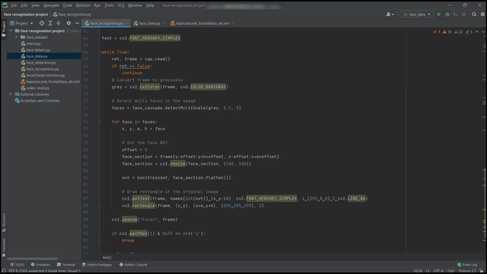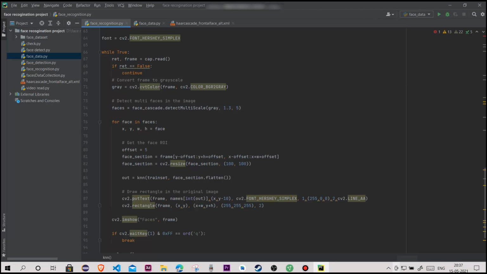So what will happen is that one part is storing our face data in the face data.py file, and now when we are recognizing, you open your camera, play this file, your camera will be open, and when you show your face in front of the camera, a box will form around your face and your name will be written above that box. Okay, suppose if I show you this,